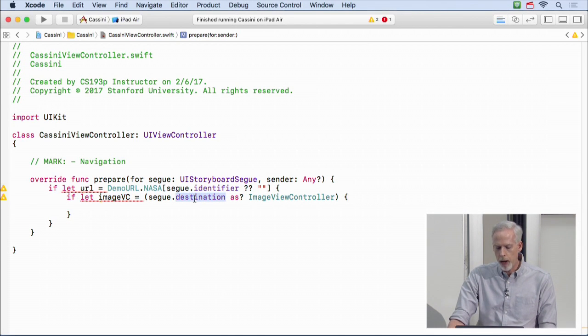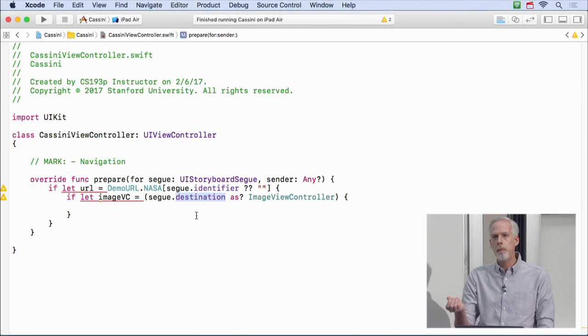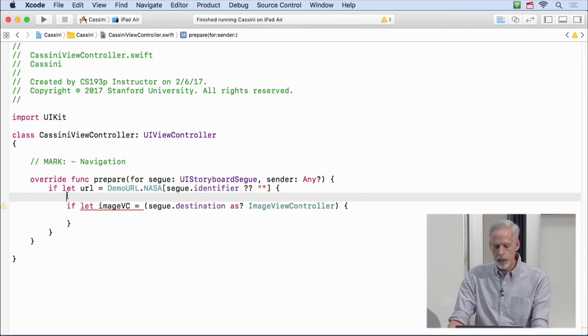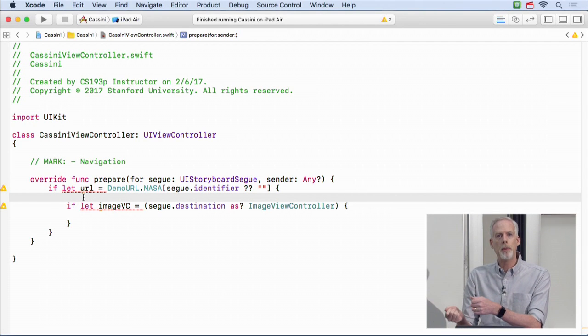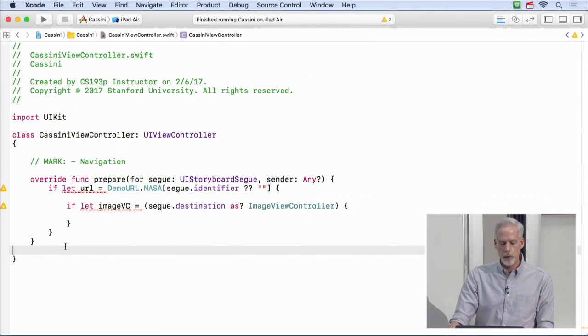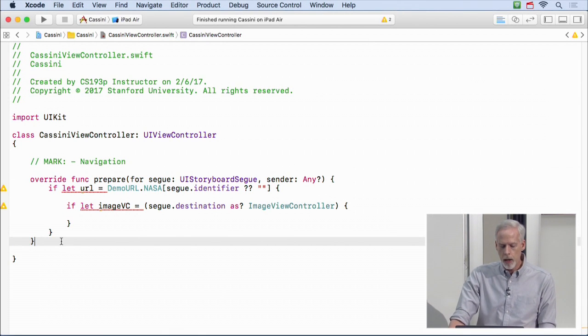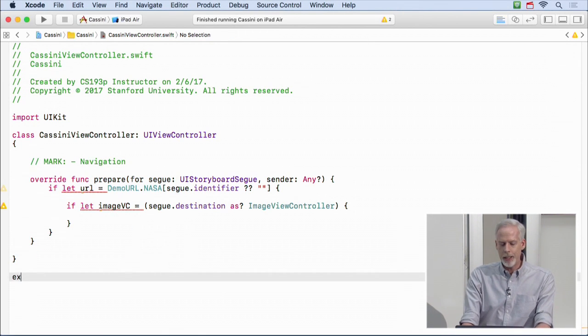But of course, here we've got the problem where this destination on an iPad might be what? A navigation controller. So normally we would put a little if in here. We'd say if the thing is a navigation controller, then we would get the visible view controller. Remember that code that we put in there? You probably put that in your homework if you used navigation controller for your detail. Instead, I'm going to put that in an extension. Remember we learned about extensions last time?